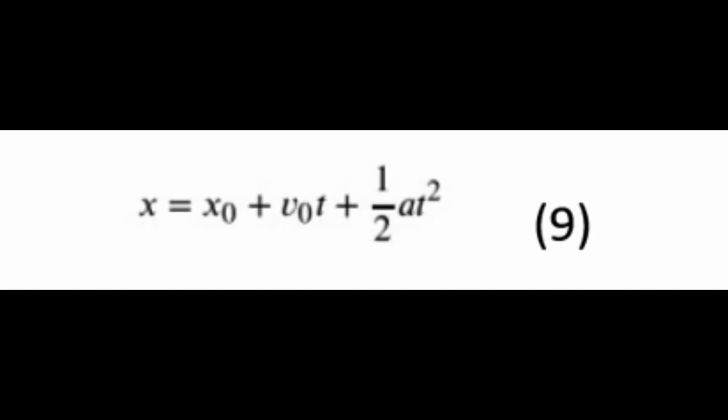This is the gravitational acceleration formula I'm going to be using. I took the vertical axis as my x-axis and its positive direction is from the ground to the sky. X here indicates the final position of my object, which is the ground, chosen as 0. X sub 0 indicates the initial position of my steel ball, which is the chosen height of the free falls. V sub 0 indicates the initial velocity of the object, which is 0. A indicates the gravitational acceleration constant in my location, and T indicates the elapsed time of free fall in each